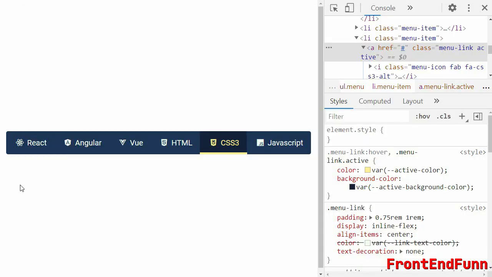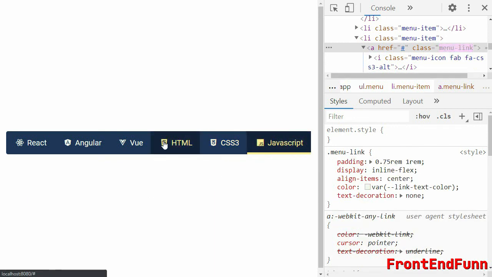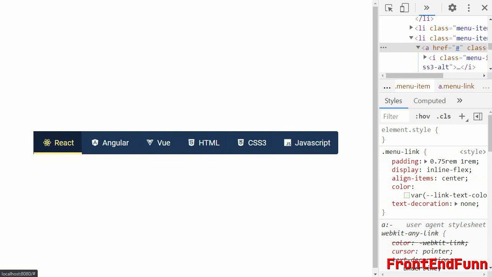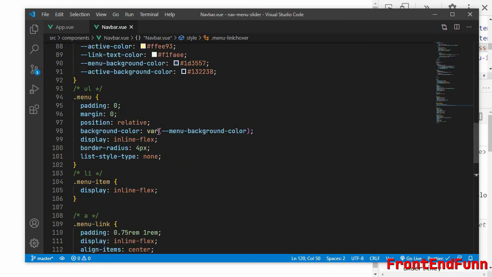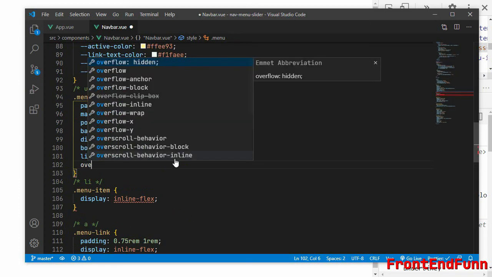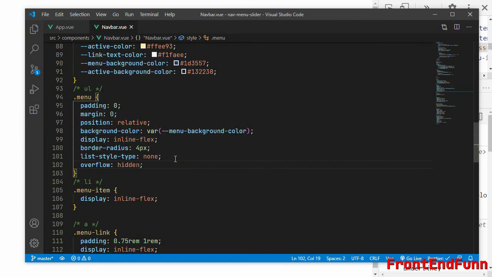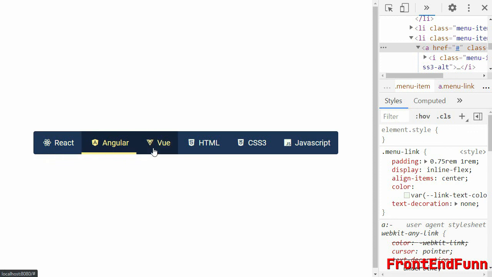Okay, as you can see, these are not rounded, so we can avoid that using the overflow property on the menu. We'll set the overflow to hidden.